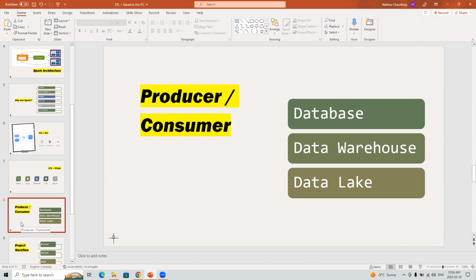Then we have a concept of data warehouse. In data warehouse, we keep the historical data, like the data of last 5 years, data of last 10 years. So those are known as data warehouse. Now the question is, why do we need data warehouse? Because when you have data of last 5 years, 10 years, you can tell something about the business.